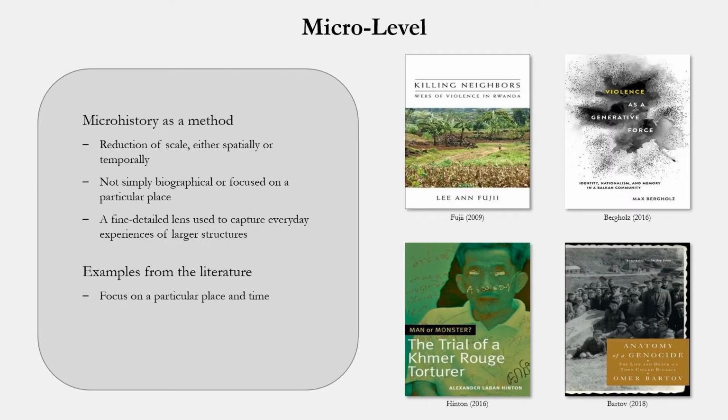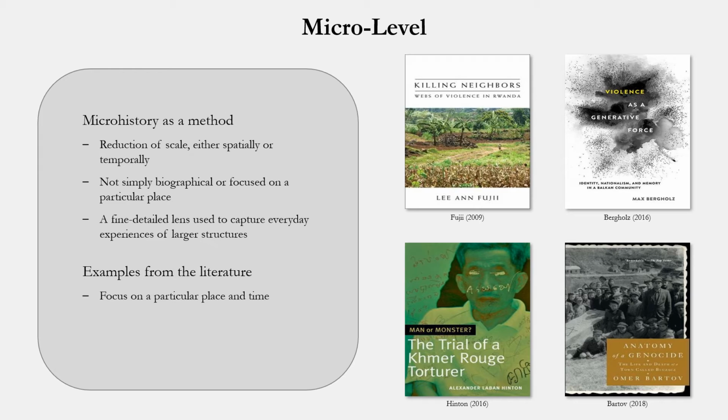Microhistory has become increasingly popular in our field, as there's been a recent turn in Holocaust studies towards more fine-grained analyses, focusing on a single camp or ghetto, or a particular roundup, city, convoy, family, or battalion, thereby contributing to a deeper, more granulated perspective of the Holocaust. Omer Bartov's recent book on the town of Buczacz is emblematic of this approach, as is Max Bergholz's book on the World War II communal violence in Kulen Vakuf, a small rural community straddling today's border between northwest Bosnia and